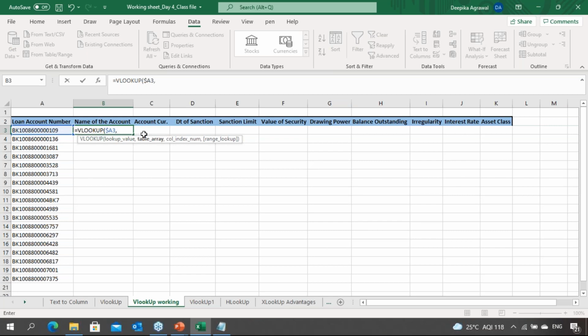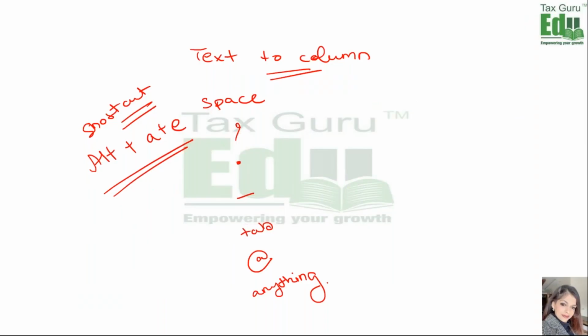Now what is my table array? Table array का यहाँ मतलब होता है कि किस particular data में से आपको data pick up करना है. अब उस table array का एक rule होता है whenever you are applying VLOOKUP. जो आपकी lookup value है, that should be in the table array in the leftmost column. So from whichever column your table array is going to start, the very first column has to be the column in which my lookup value was going to exist. So this I actually want